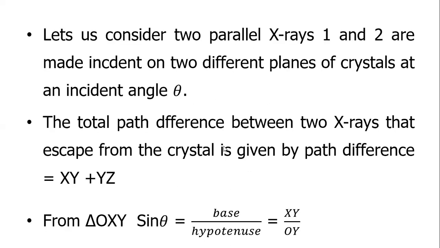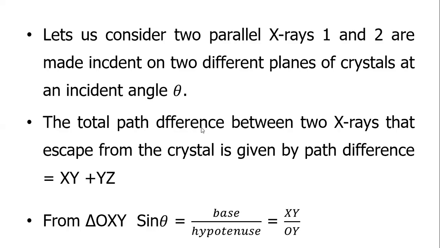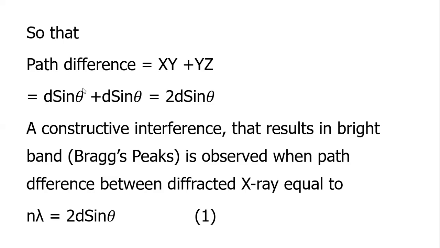Similarly, in triangle OYZ, sine theta equals YZ over OY. So YZ equals d sine theta. So the path difference XY plus YZ is d sine theta plus d sine theta, which is 2d sine theta, a constructive interference that